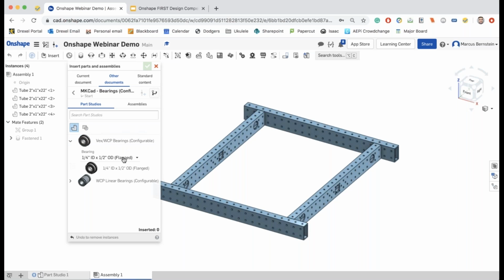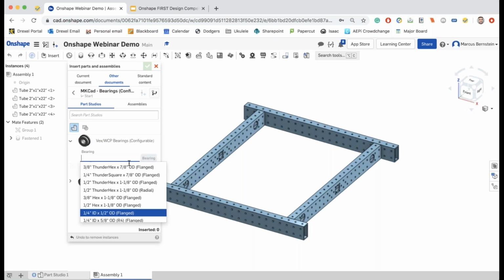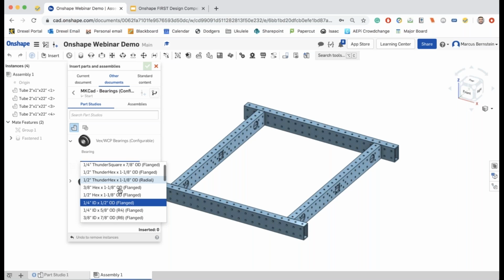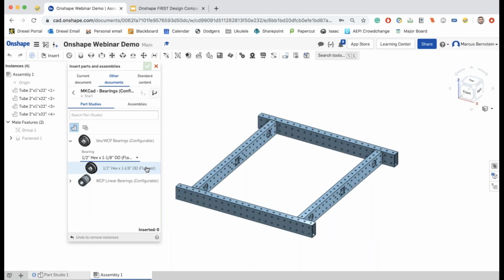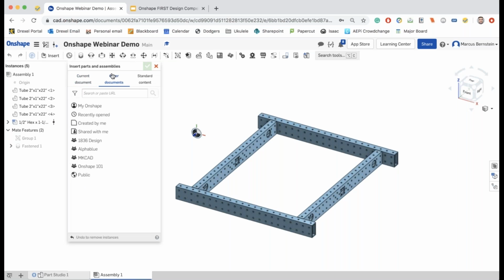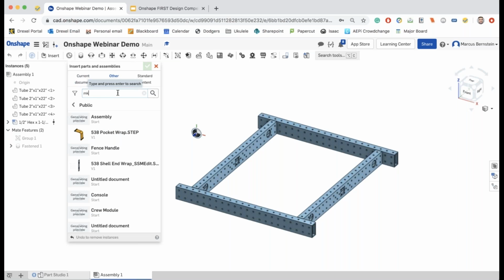So if I want to pull in a configurable bearing right here, I found this one, MKCAD space dash space bearings. I'm going to go very common bearing used in FRC, and that's what we're going to use in our West Coast drive. Next, I'm going to go back into other documents just to showcase again, and I'm going to go